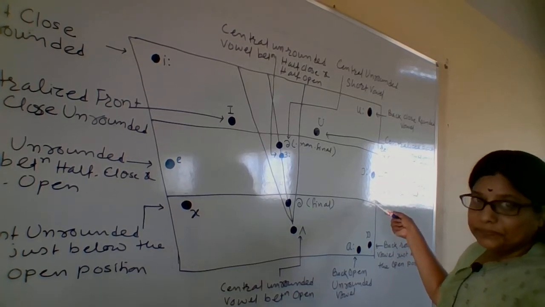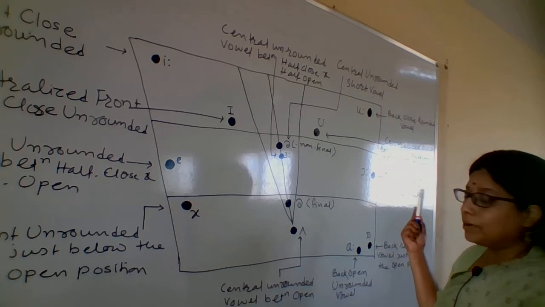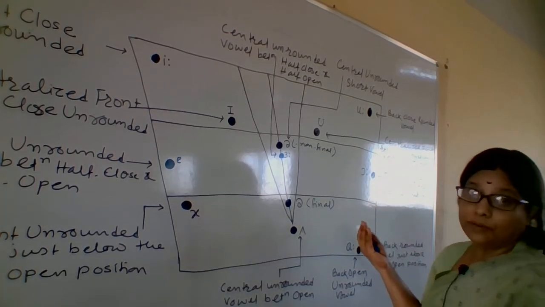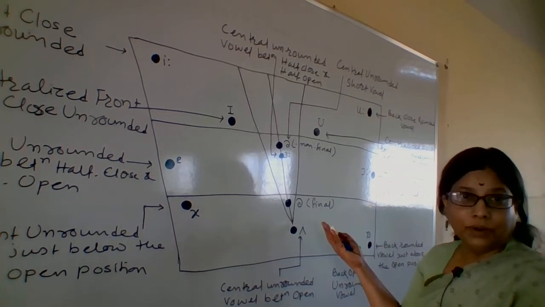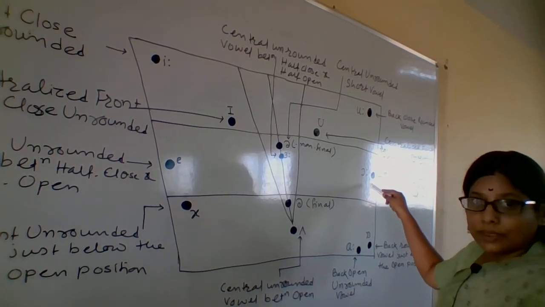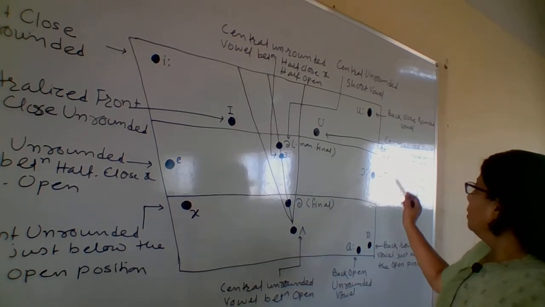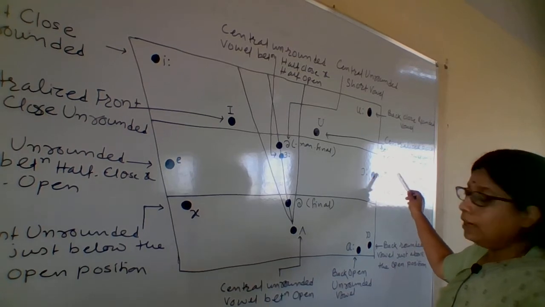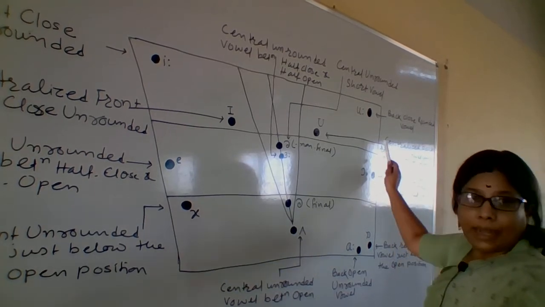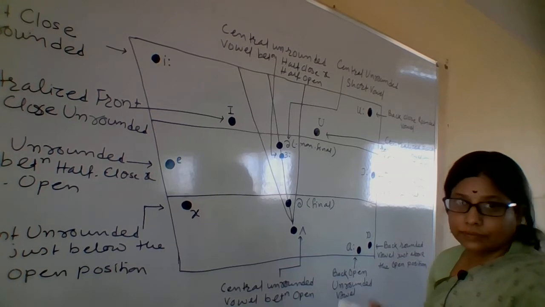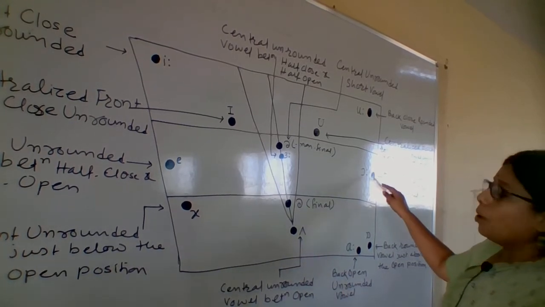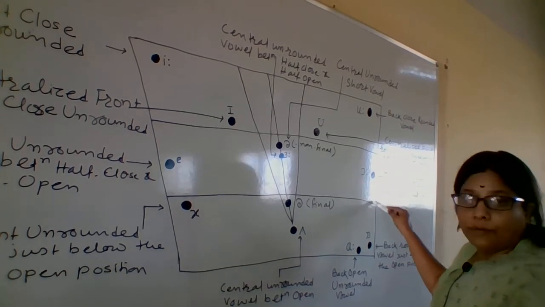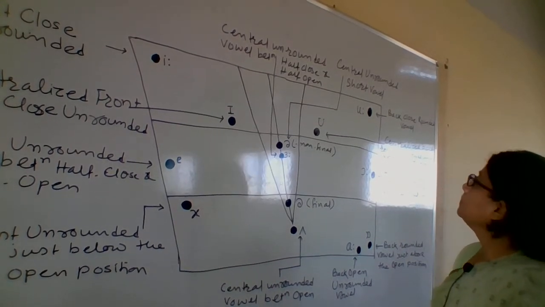It's easy to understand and to remember. What happens is, the back part of the tongue is raised, the lips are fully rounded. The lips are fully rounded, and the back part of the tongue is raised to a height between half open and half closed positions. So it is a back rounded vowel between half open and half closed positions. Easy. Long A is a back rounded vowel between half open and half closed positions.